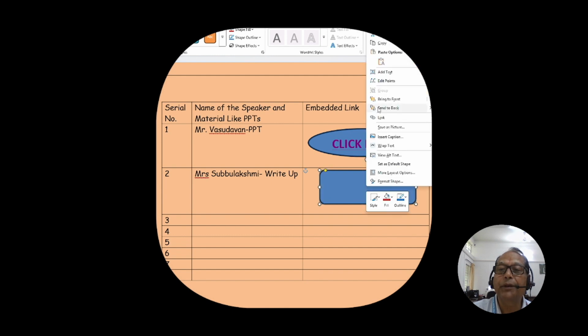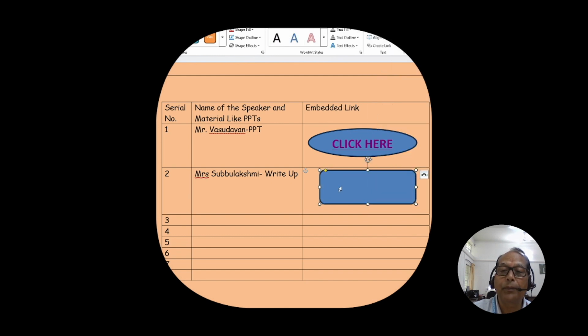Again I will write here by adding text. Click here, make the font a little bigger, underline it, and then if you want to change the background color, from here you can change it to whatever color you wish to take. So I will just take this, then again here you have to highlight,